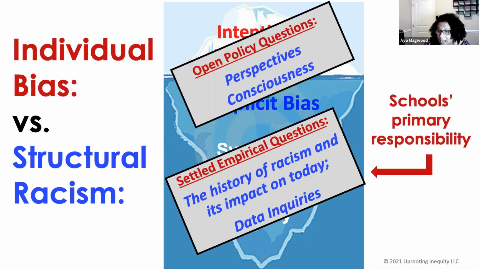But I believe that it's really the school's primary responsibility to teach students about that history of racism and its impact on today. Those empirical questions, I'll tell you more about that structural racism. They can learn about bias. They'll have many, many opportunities to learn about bias outside the classroom. But in school is probably their last opportunity to learn about history and economics and maps. I think it is really our responsibility to teach about that, and it's also more in line with our academic curriculums.